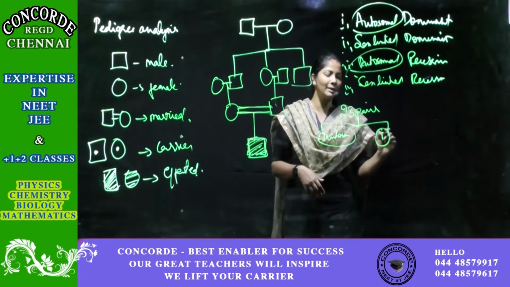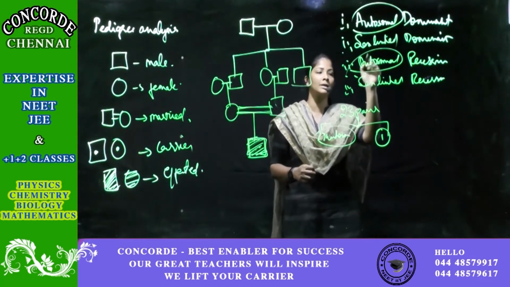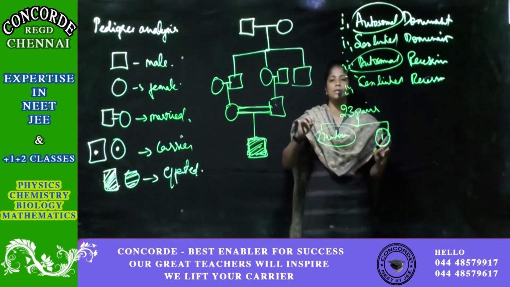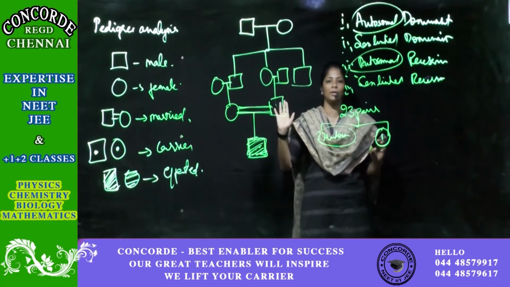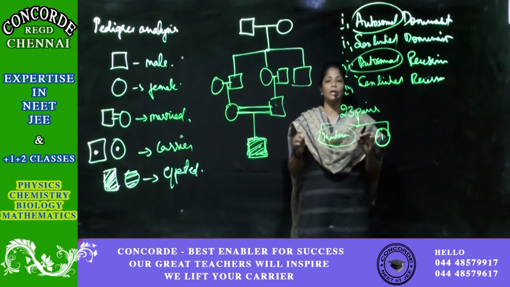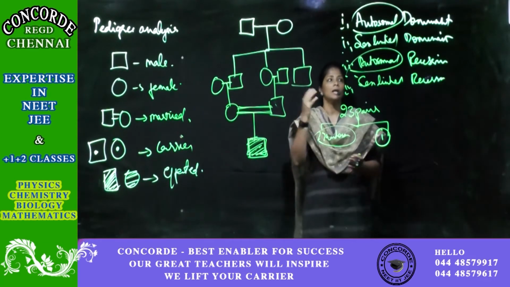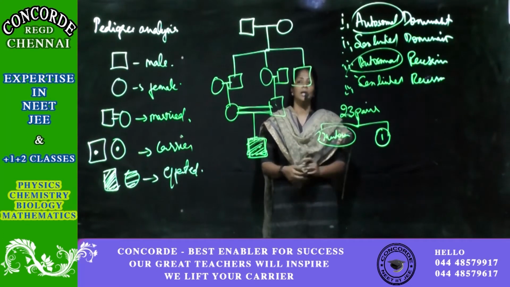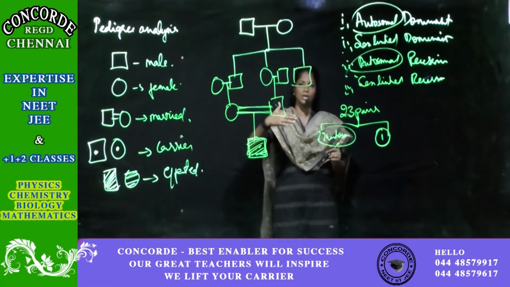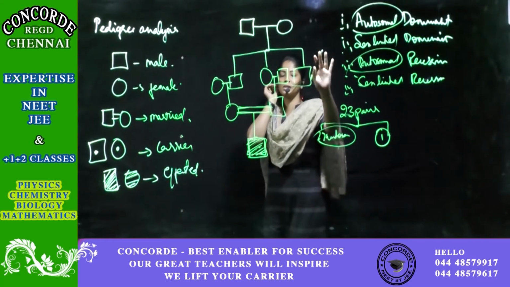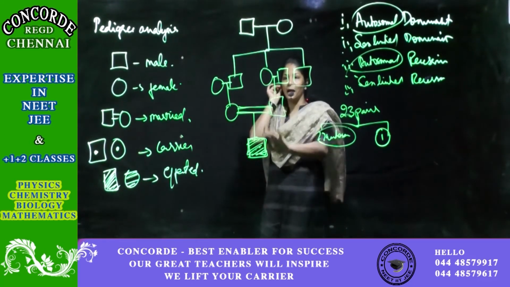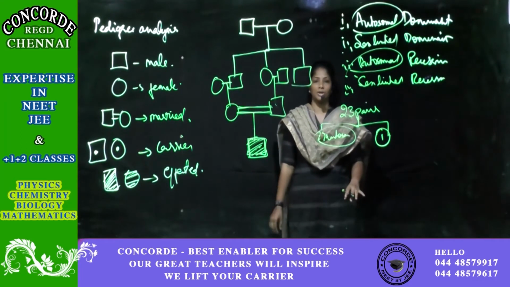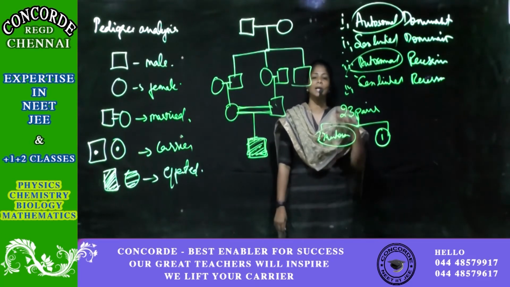But a problem in this one pair of sex chromosomes comes under sex linked. Autosomal will not have a difference between men and women, whereas the sex chromosome will differentiate the sexes. Clear? Next is dominant. If a disease is dominant, in the pedigree you can see that in each generation, some or other will be affected.